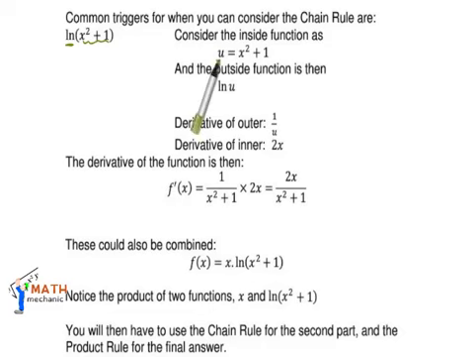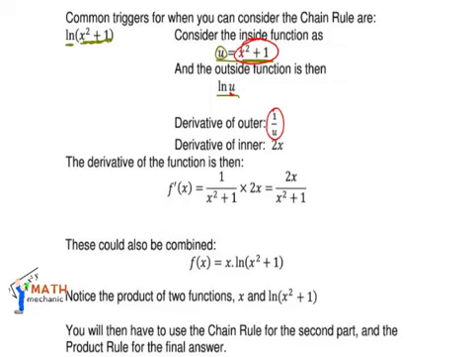So u is then the x squared plus 1, and the outside function is then ln of u. So what they've done is they took that whole thing and just made it one variable, a function u, and then ln of u is the separate function. So the derivative of the outer function, which is the ln of u, is that one over there, 1 over u. So you should know from a previous video that the derivative of ln of x is just 1 over x. I specifically said it's something that you just need to remember because it comes up often. So the derivative of ln of x, or ln of u in this case, is just 1 over u, and the derivative of the inside, using grade 12 calculus, is just 2x.